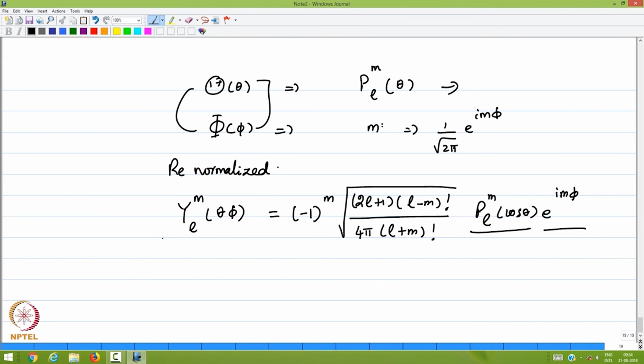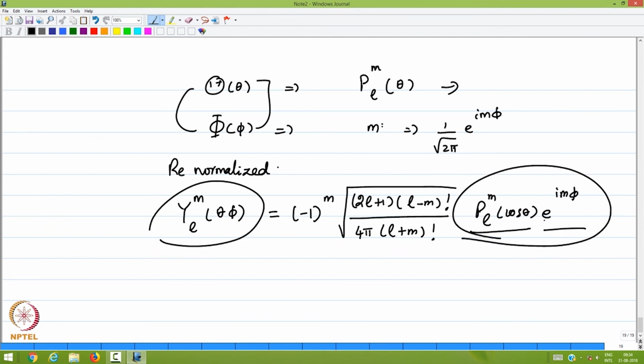So, you have Y L m theta phi in terms of the P L cos theta e to the i m phi. Expressions for all of these were given in the detailed lecture notes on the hydrogen atom, which runs into about 30-35 pages. That is there on your website, and these functions have been explicitly given. The property of these functions